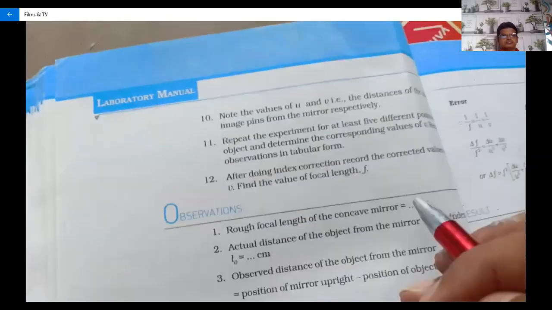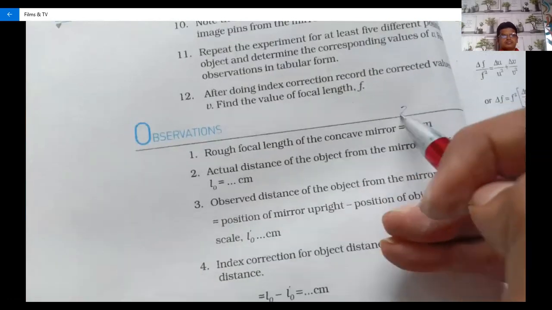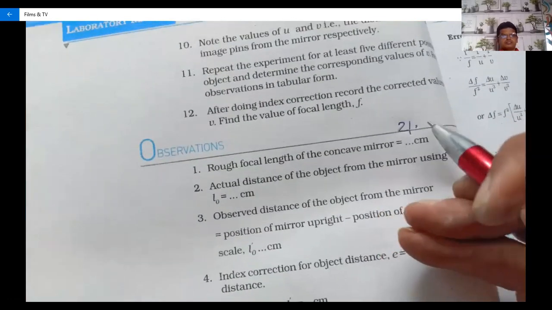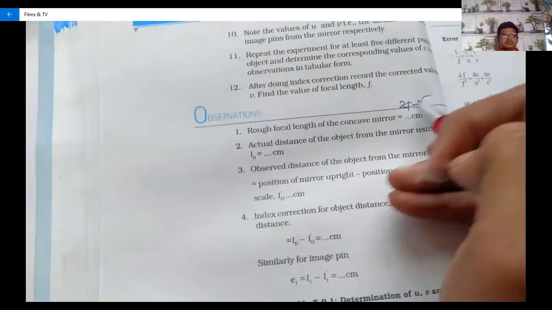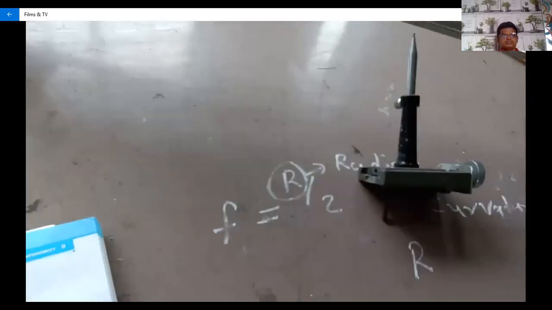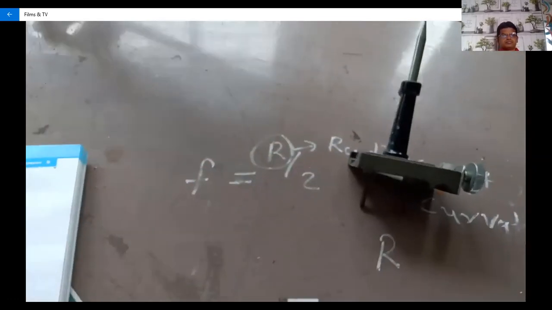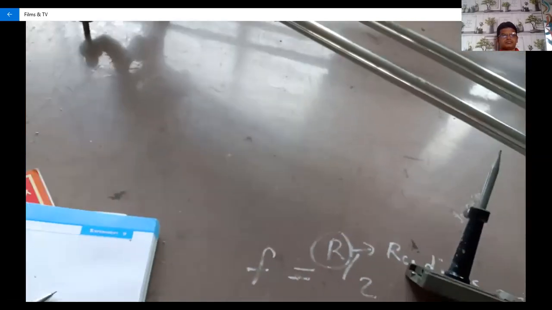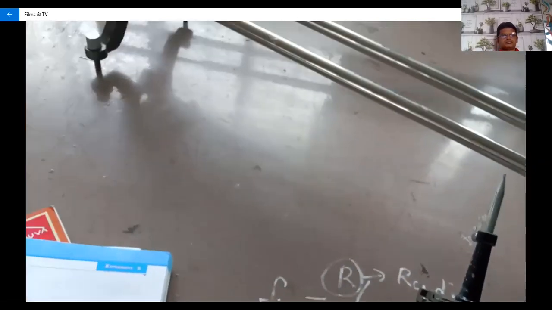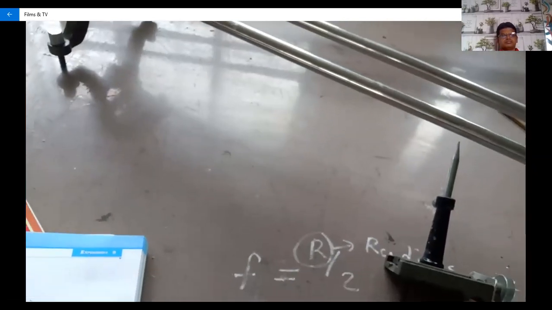We retain it here, it is very simple. Sorry, it is 10.5. So in the exam, compulsorily retain the first value and show the value to the examiner. In the exam, how you found the focal length and which value you found, at that time you show that the object and image pin are on this straight line.